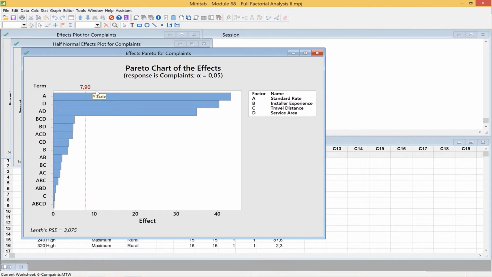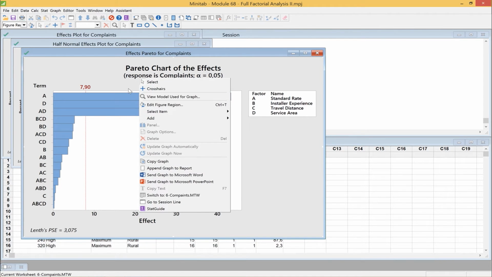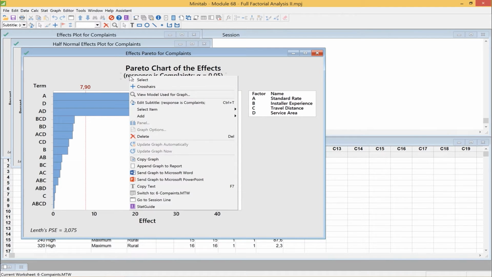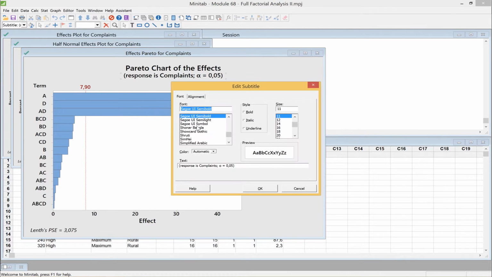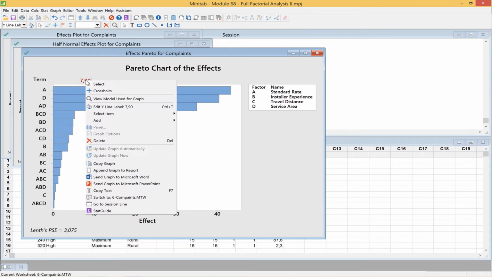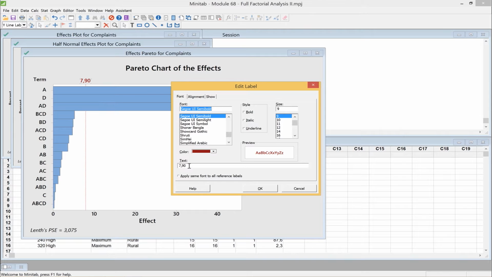Now, when we start showing this to management, we really don't want to show charts like this. For instance, if I look at this, the response is complaints, and I really don't like that being here. Why? Because if I say the response is complaints, what does management know about that? Nothing. So we zero that and get rid of it. This is a mathematical number, the p-value, and it changes based on the effects. So I want to edit that line label and say p-value